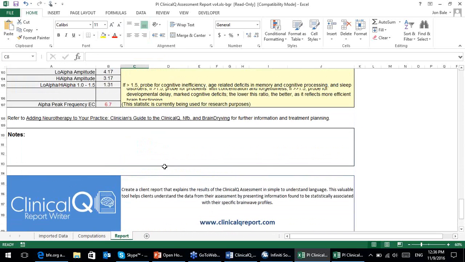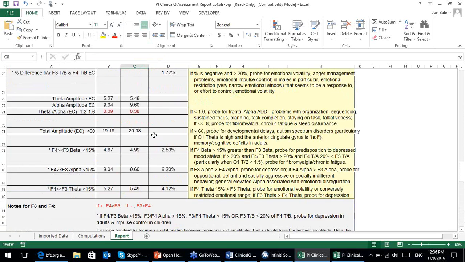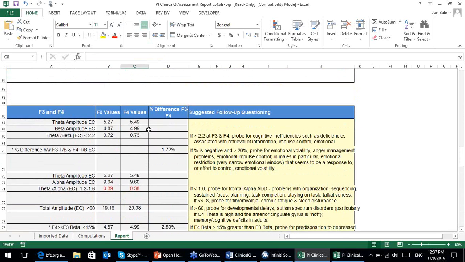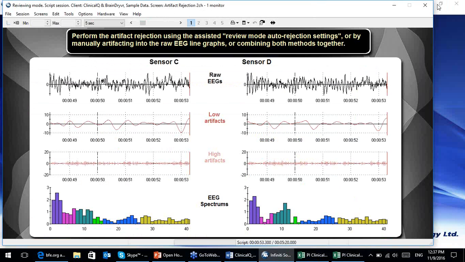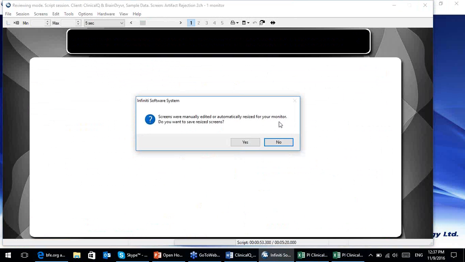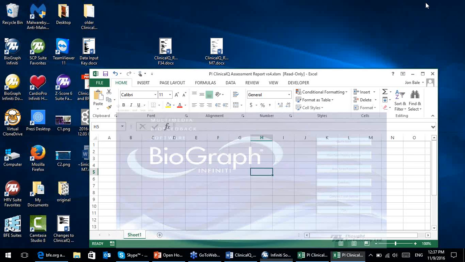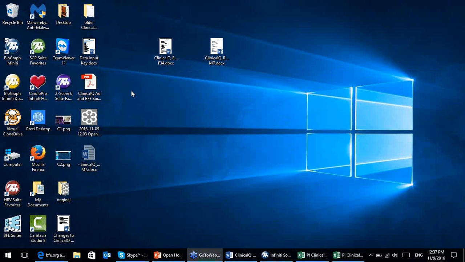One thing I do want to point out to you is, like I said, we've made this report easily linkable to the site, so it's fast and easy to share the results of these numbers with that report site in order to get your clinical summary that you can hand back to the client. How does that work, that very simple link? Well, let me just get these files out of the way. If I go to this BFE Suites shortcut, which you all have after you install the ClinicalQ BrainDryvr suite,